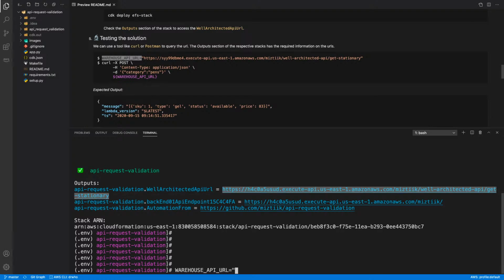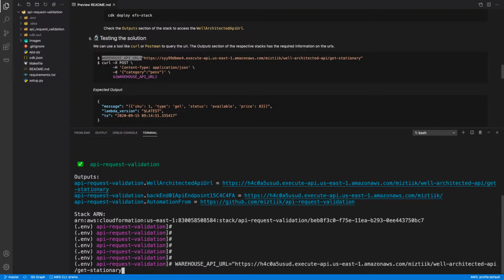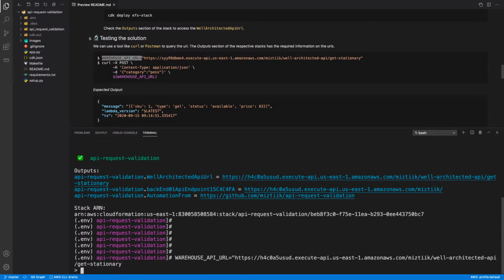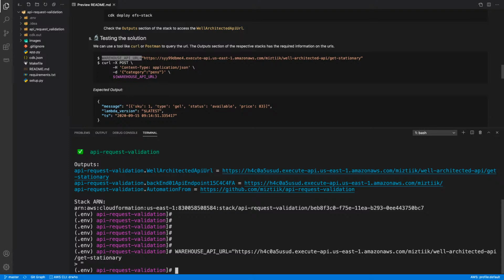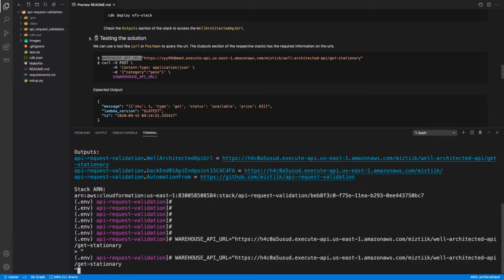Let me put it in the chat window in case somebody wants to try it. Oops, I missed the quotes, so there should be quotes there. Let me do that properly. Okay, and now I'm just going to request for pens. Let me fold it.